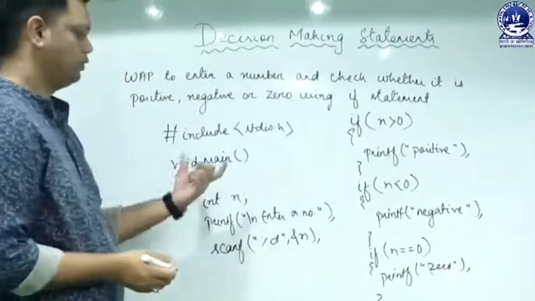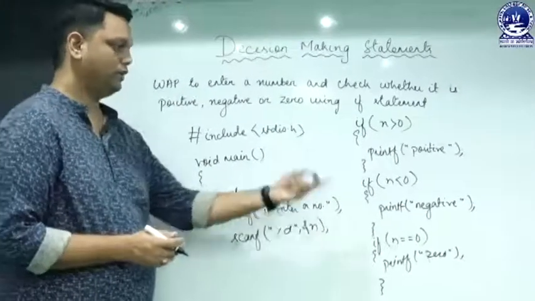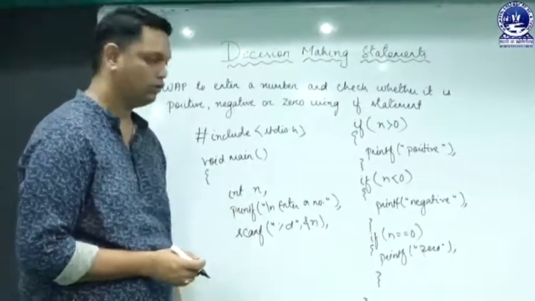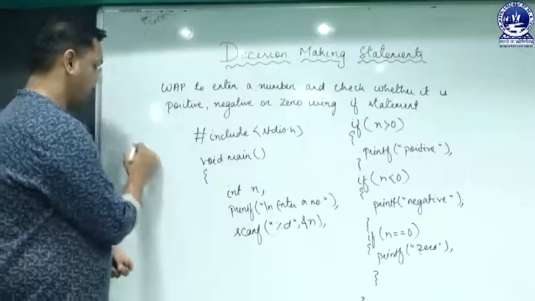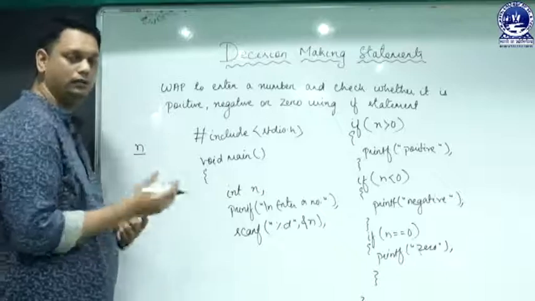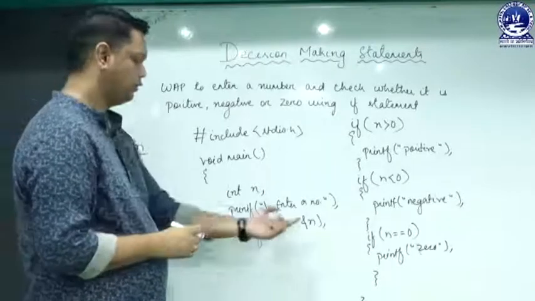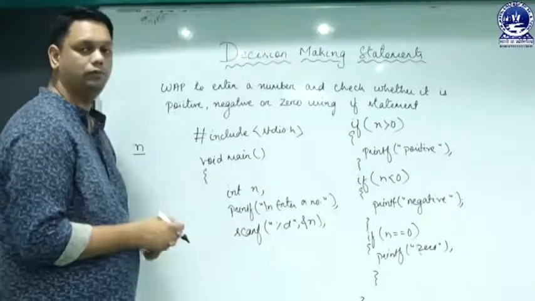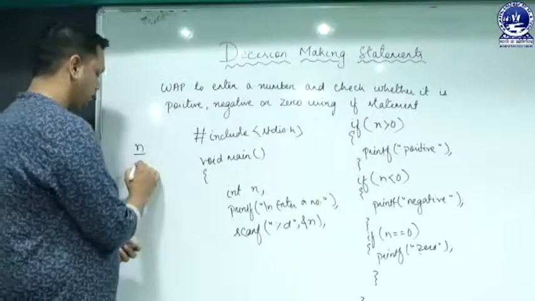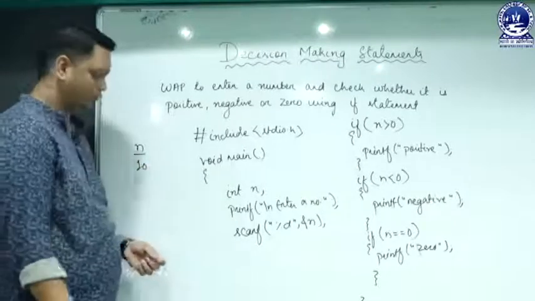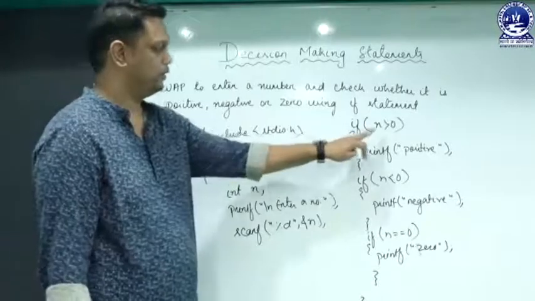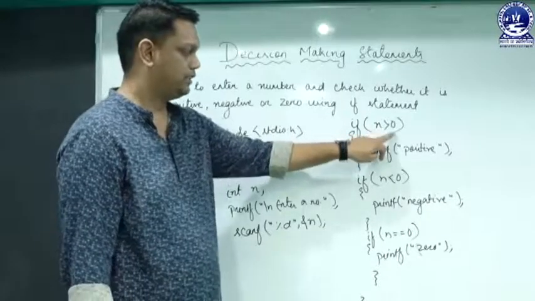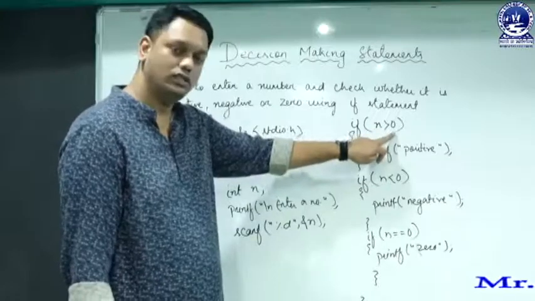Okay, so now let's check the program, we will take a value and check whether the program is correct or not. So first thing is we have to take a value. Suppose I take a variable n and initialize a value to it. In the scanf function the user will input a value. Suppose he has entered 10. So n has the value 10. Here it will check n, that is 10. Is 10 greater than 0, true or false? So the condition is true.